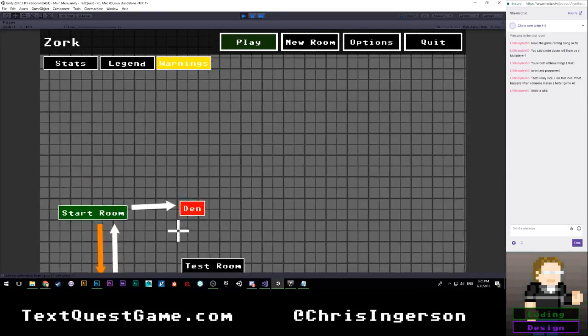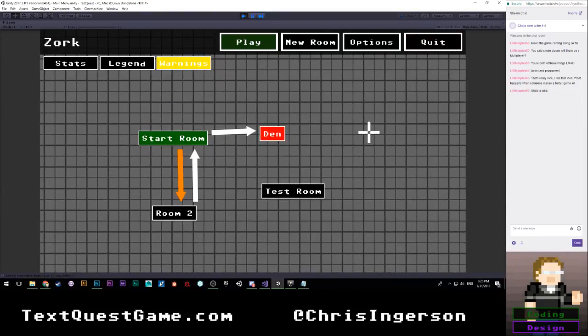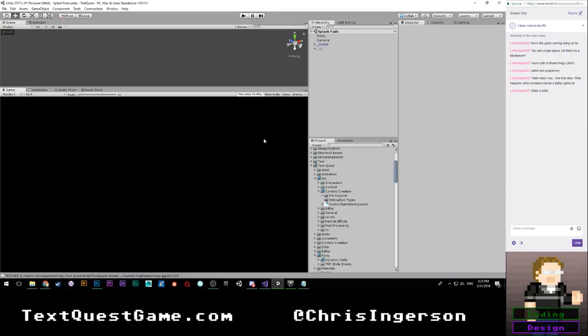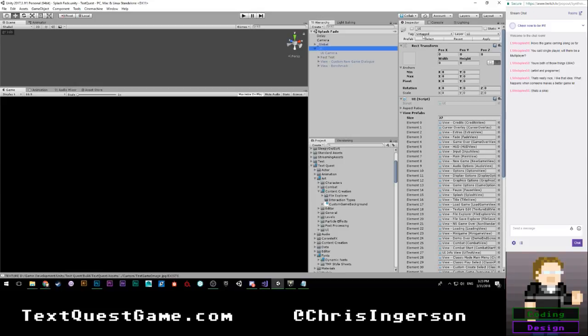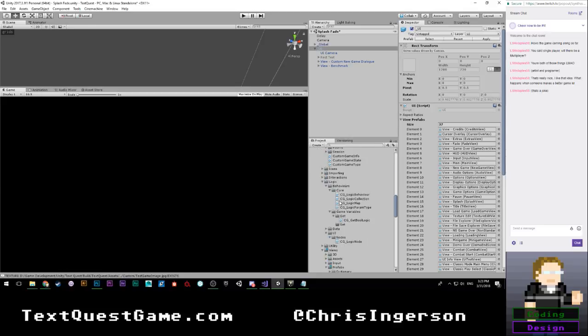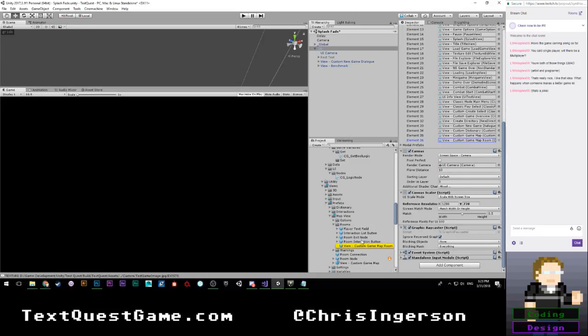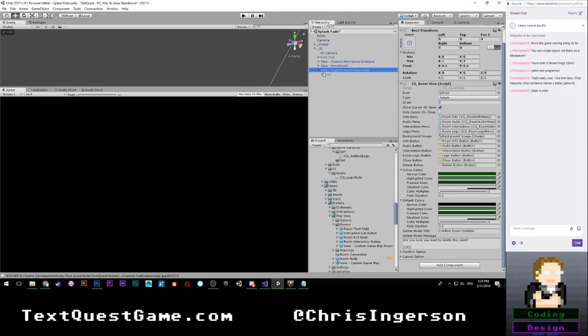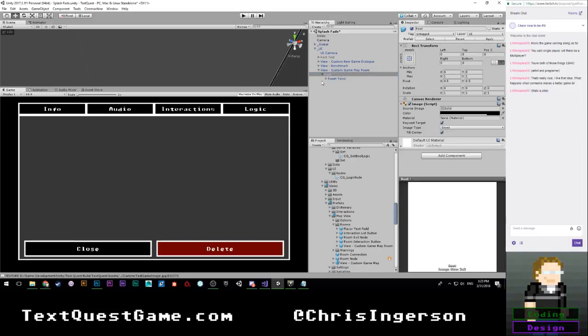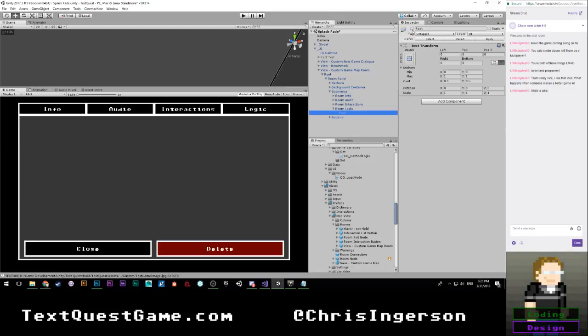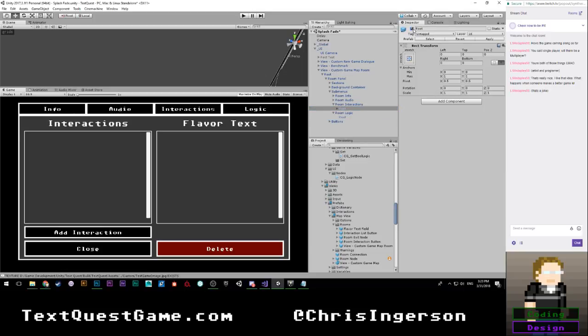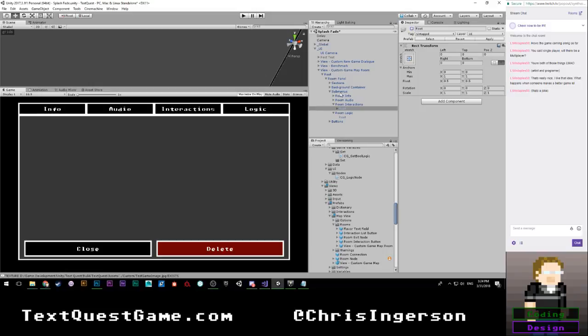Okay. Yeah, that looks pretty good. Cool. So let's go ahead. We're going to move on to setting up the actual logic UI. So let's turn you on. We're going to go down to here. Actually, let's go down to here. Custom game map room. Let's put you in here. All right. And let's go to the not you. Background contains submenus. There it is. Okay, so this doesn't actually do anything right now. We're going to fix that, of course. Interactions. Let's see, do I want to have a background? No. Okay, so we're good here. For room logic, I am probably going to do